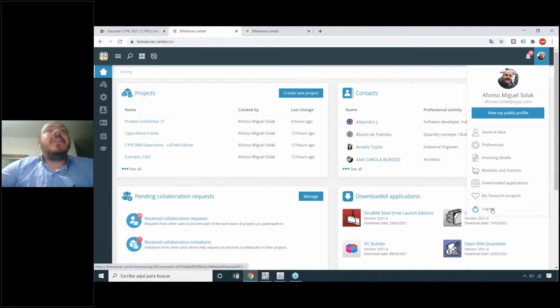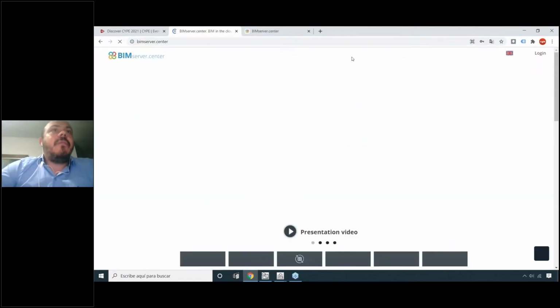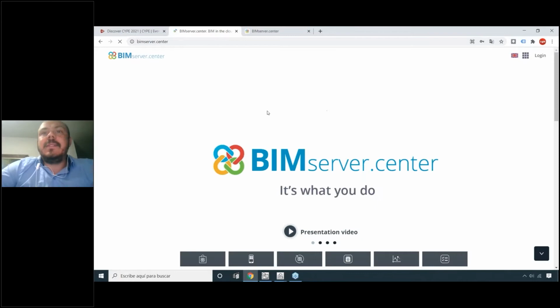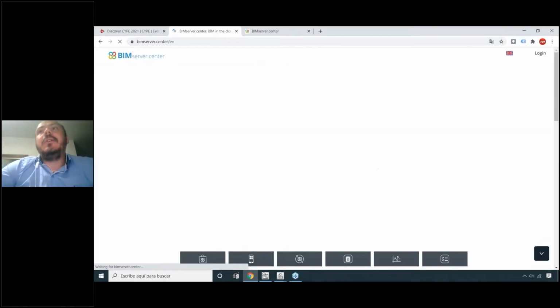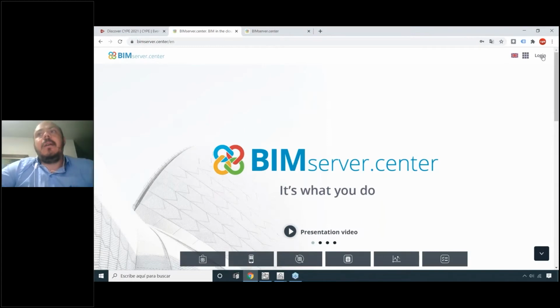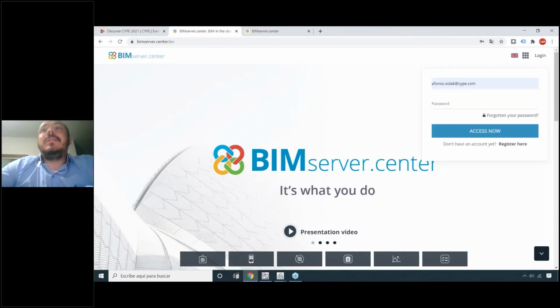Okay, so the first contact that you have with this platform is this one here. This is the main page of the platform. Here you can create your account. If you don't have an account yet, you can create this account just using this button here, register here. Okay, it's for free. You don't have to pay for that. And in this case, I have my account. I will just log in on this account,